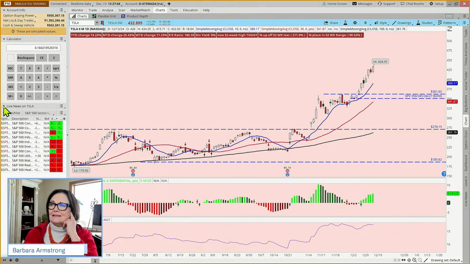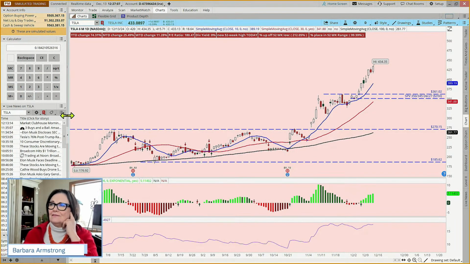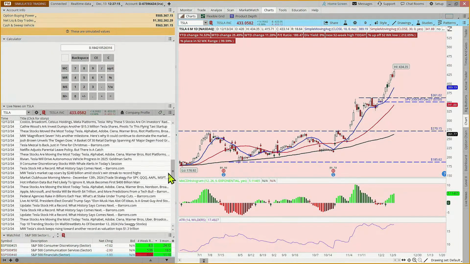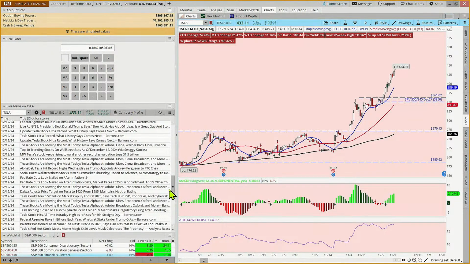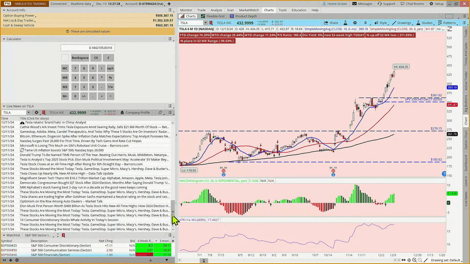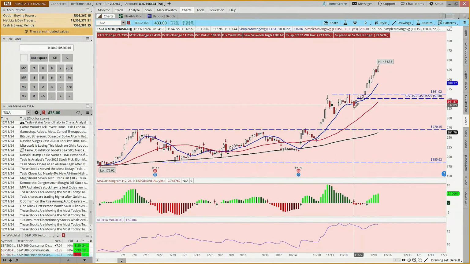Well, what are the pundits saying about this? Well, if we bring up the live news, and actually, I think this is one where it was interesting. You have to go back a ways, but valuation tops 1.3 trillion. But you can go back and have a look and just see what different companies, the different analysts are thinking about this stock. You can also go to the Analyze tab, and there are a number of reports that you can access as well.